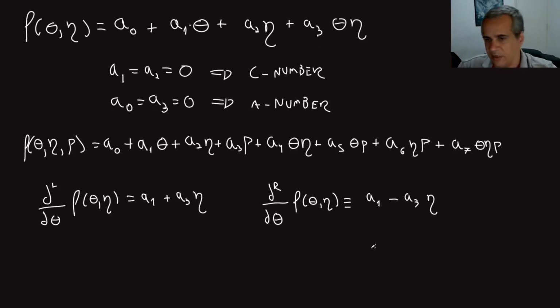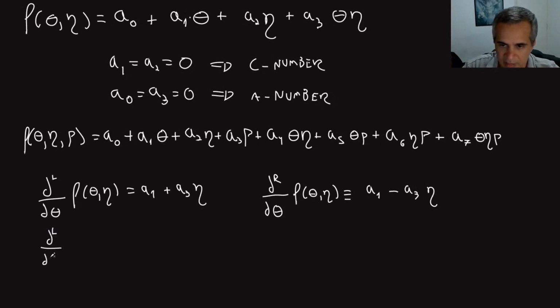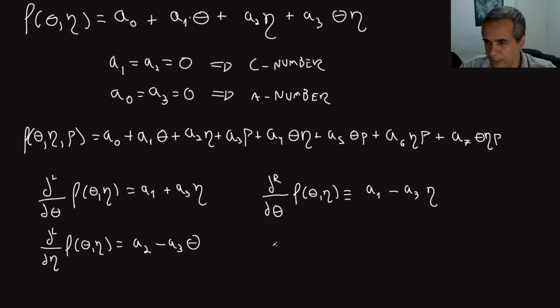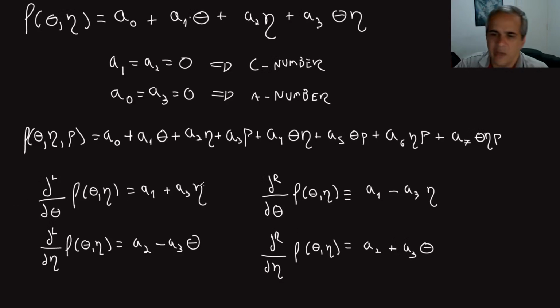And consistently, now the left one acting on eta will be just, if I look up there, A2, and now minus A3 theta. So I'm making the derivative itself into Grassman numbers, part of the odd part of the algebra. And same for the right one, following the same idea, will be just A2, and now I don't have to go over this guy. I'm coming from the right. It's just A3 theta. You can see that you can go from one derivative to the other pretty simply,